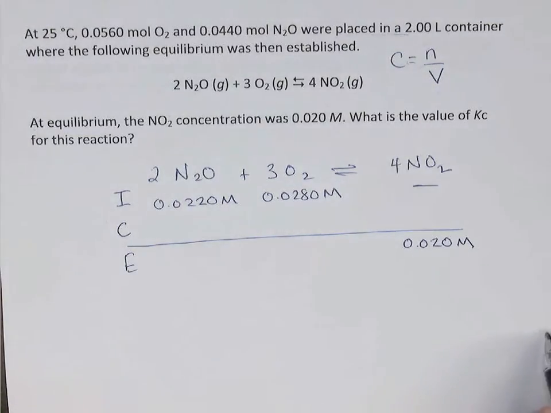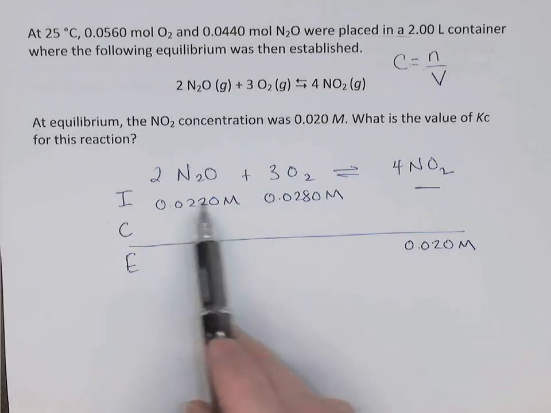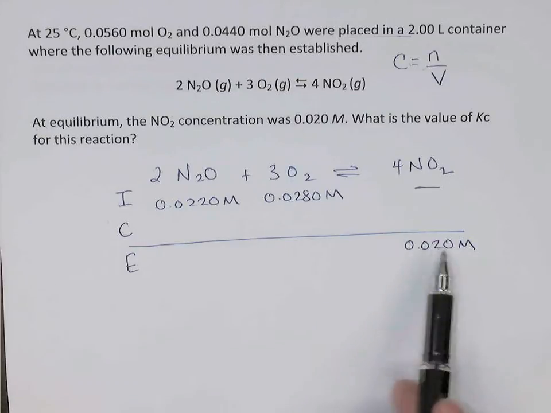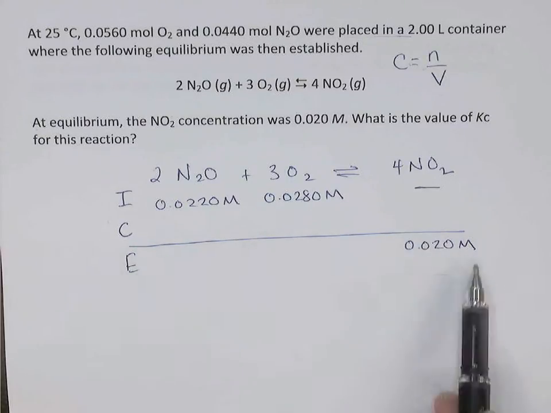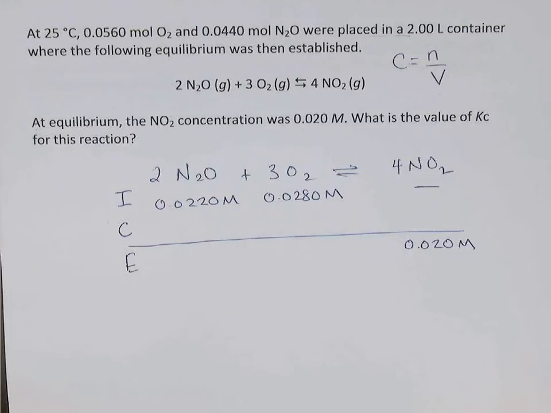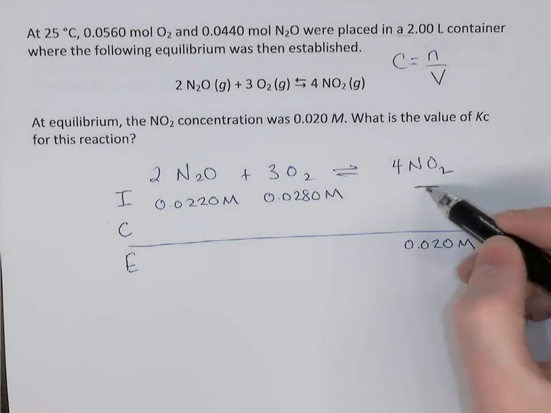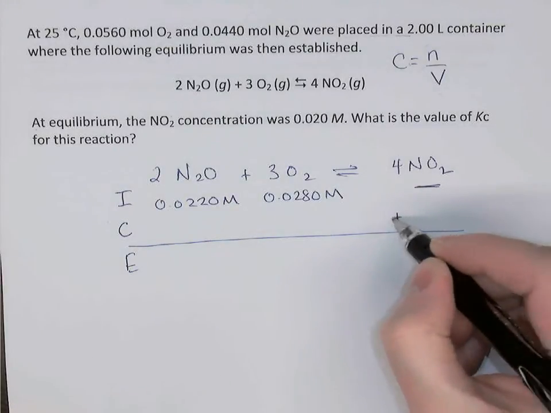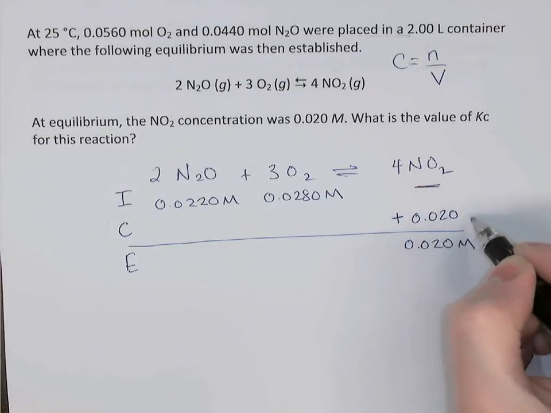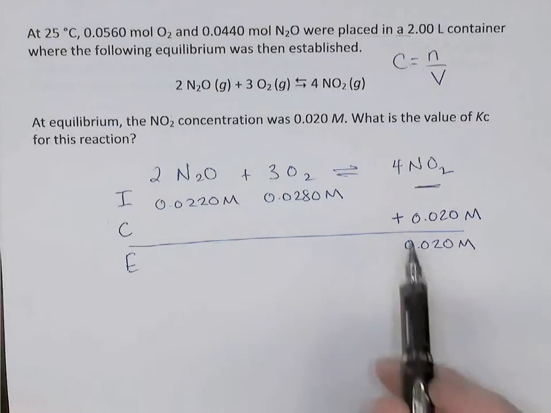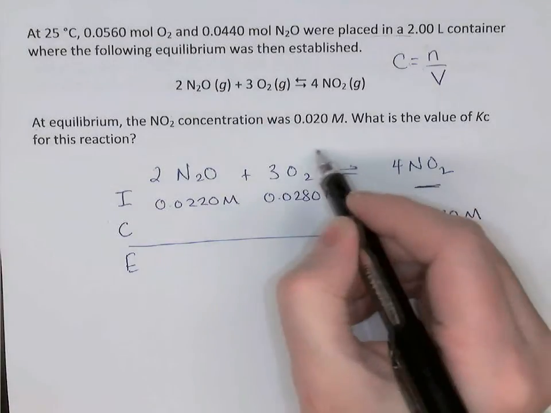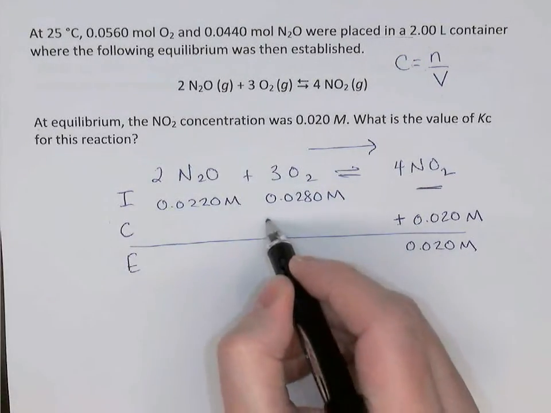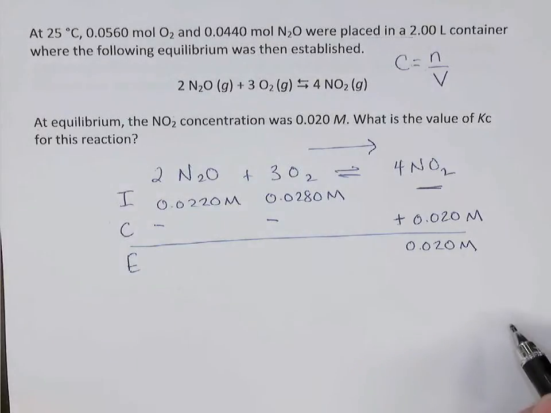molarity. Now we can fill the ice table in because we know the entire starting line, and we know one other thing. We know in this case the NO2. If you know everything initially plus one other thing in the table, then the entire table can be filled out. For example, here we can see we started with no NO2 and we finished with 0.02 at equilibrium, so it must have increased by 0.020 molarity. Since the NO2 is increasing, I can tell right away that this reaction is going in the forward direction. We're making some of the products, and that means these two things have to decrease because they're both reactants